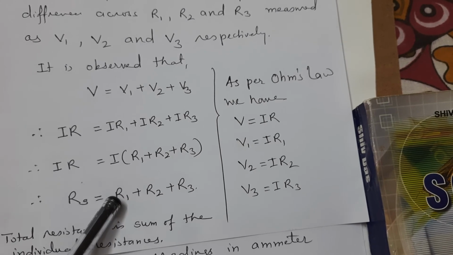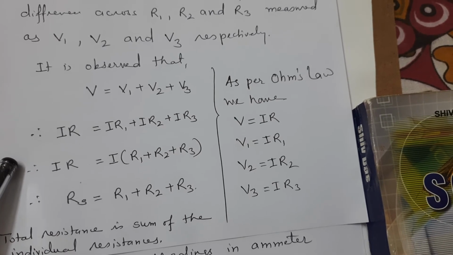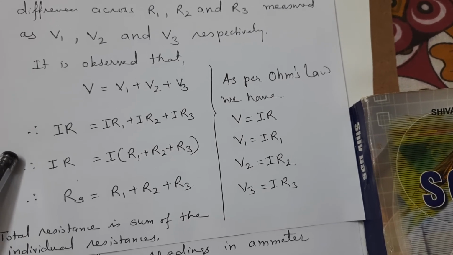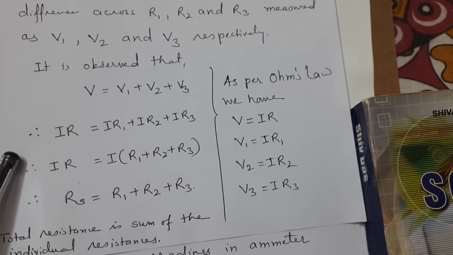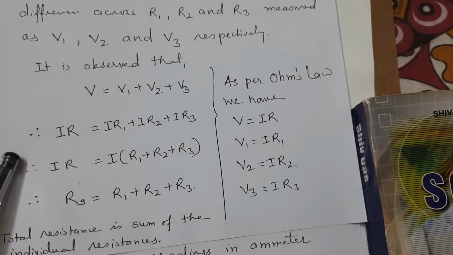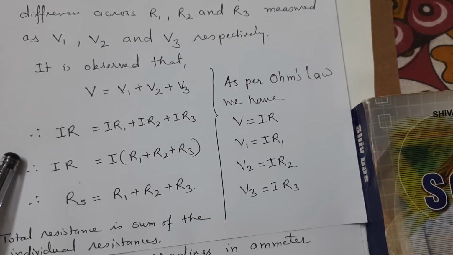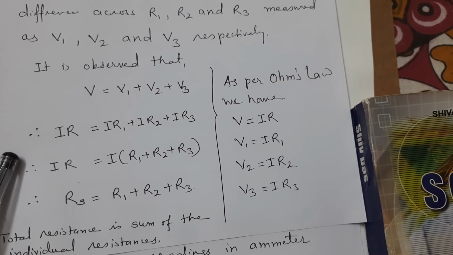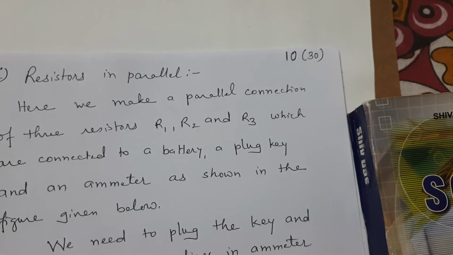You might be asked to derive it, or to obtain a relation between three resistors or two resistors when they are connected in series. Or how will we find the total resistance when two, maybe three resistors are connected in series? You will have to draw the diagram, explain the circuit diagram, and then write that it is observed that V is equal to V1 plus V2 plus V3, and finally come to this result. This is how total resistance in series is found.